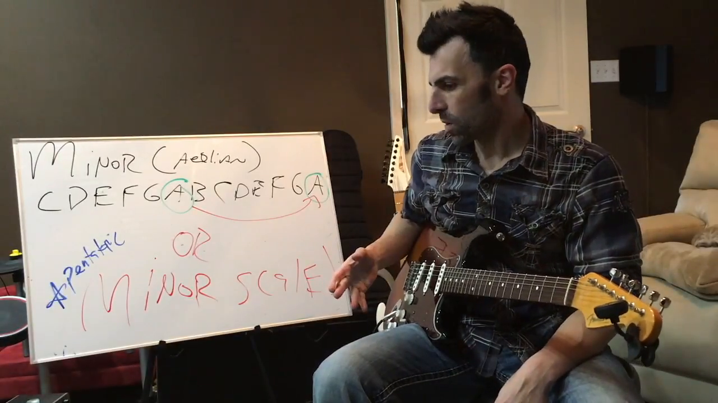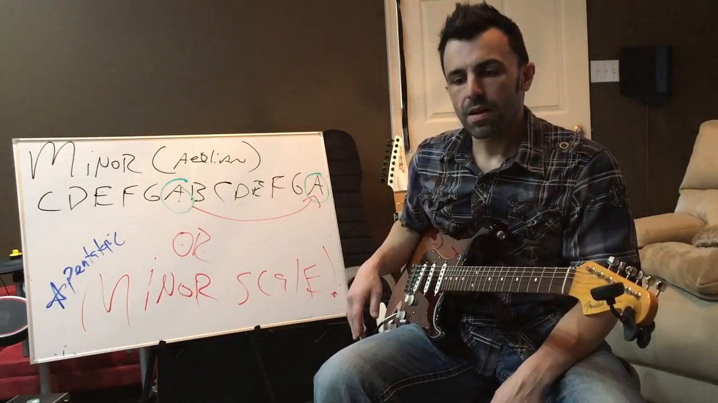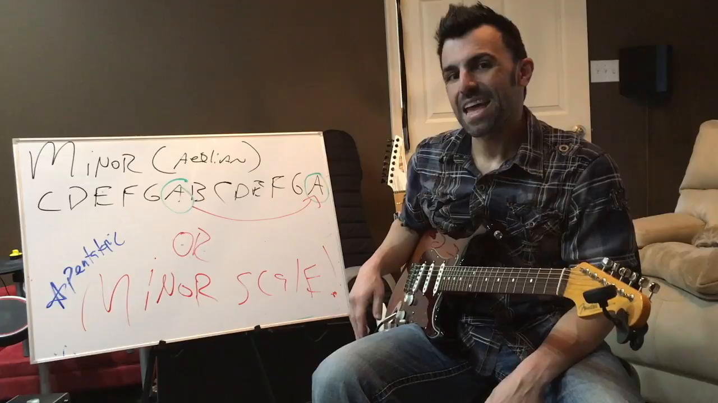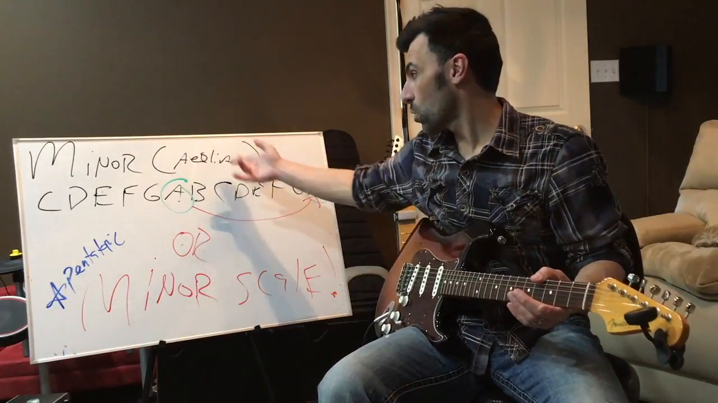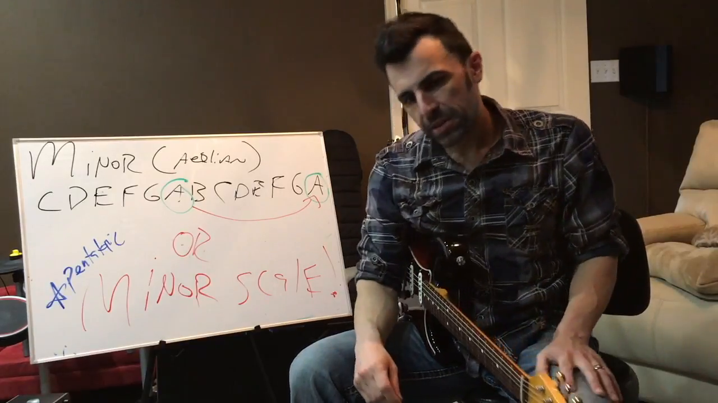So that was A minor. It was just the notes of C major thrown on top of an A minor chord, which gives us A Aeolian or A minor. Very cool. What you probably noticed,